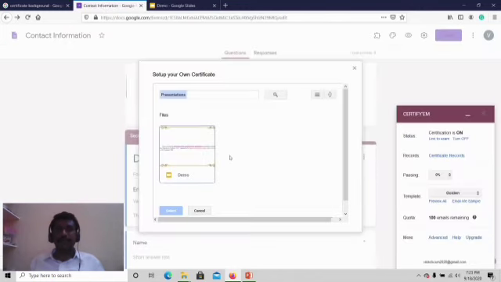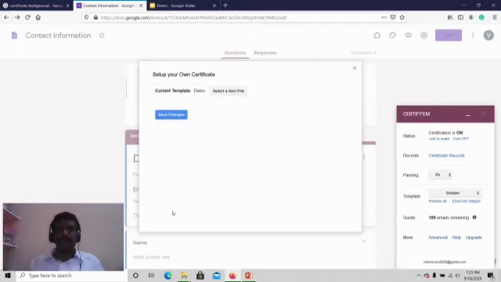See here, click on that to select. Click on this Google demo certificate. Understood? Select that. See here, this file is attached as demo. Save the changes.